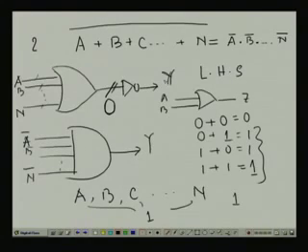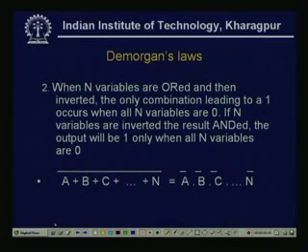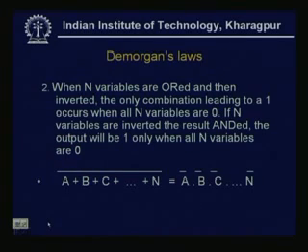So, now if we see the results, when n variables are ORed and then inverted, the only combination leading to a 1 occurs when all n variables are 0. So, this is the explanation of the first statement. Now, if n variables are inverted, the result is ANDed and the output will be 1 only when all n variables are 0. So, if we see now